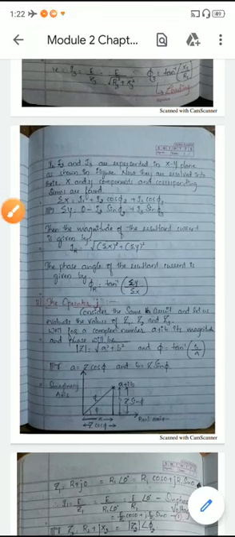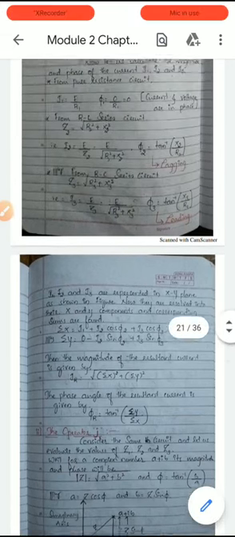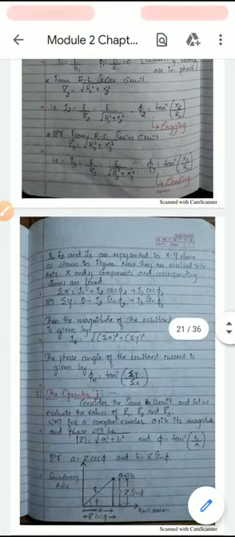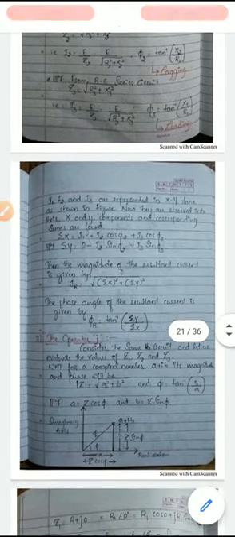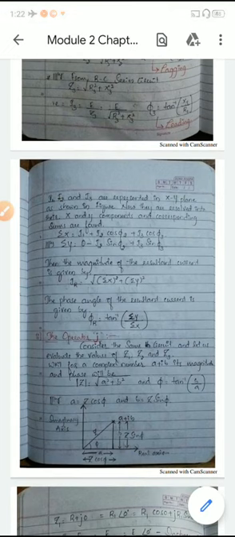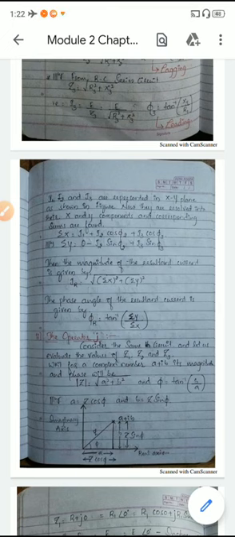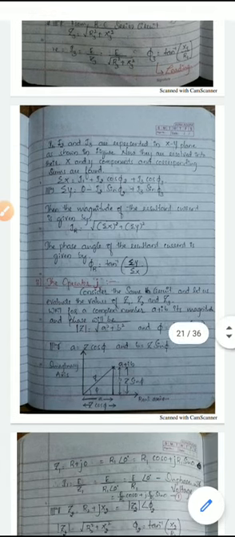Hi students, in the previous class we discussed simple parallel circuits, and we solved the circuit using the method of vectors. Today we will go for another solution, that is the operator J. In this case we are using the complex number method to solve the parallel circuits, because the circuit consists of R, L, C components, right?